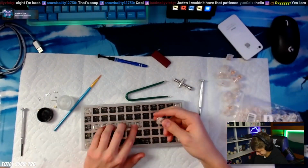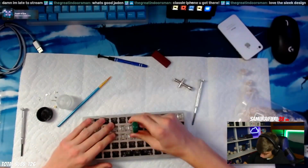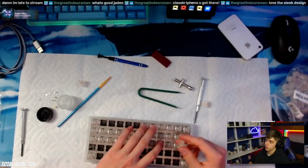Once I completely finished putting the case together, which only took around 20 minutes, it was time to pop in all the switches. This was by far the most difficult part about the keyboard, which you would expect to be one of the easiest parts. Now, popping in the switches wasn't as simple as it had seemed. Since everything was closer together and it was just a smaller form factor, I felt like it was very tight